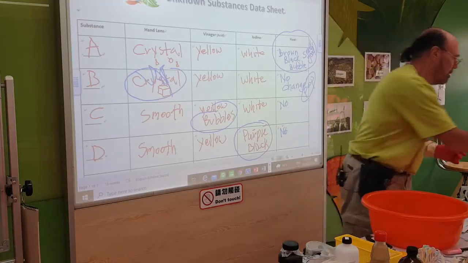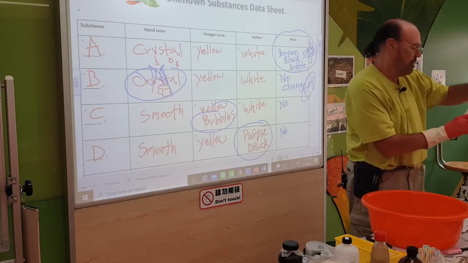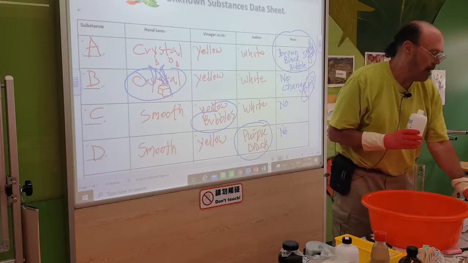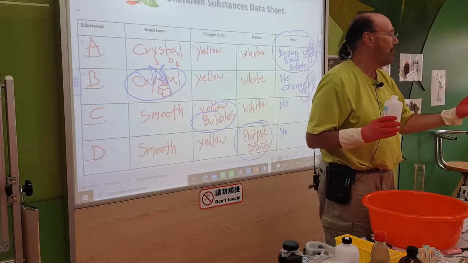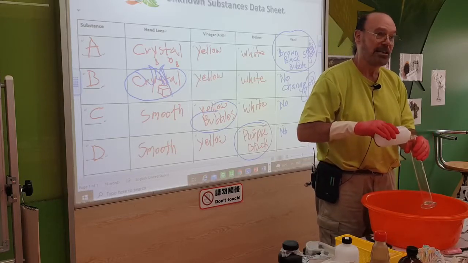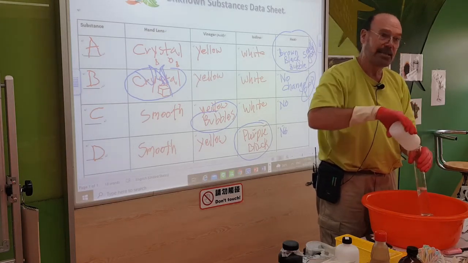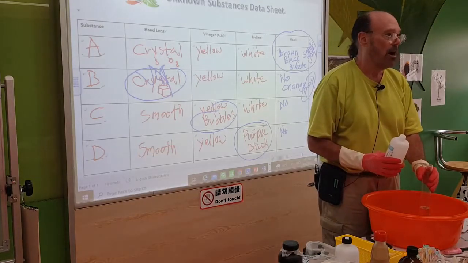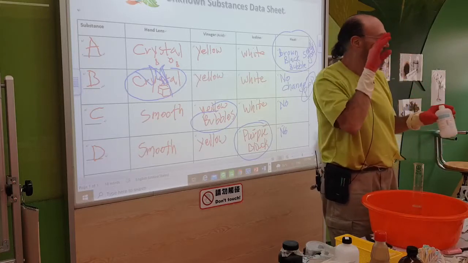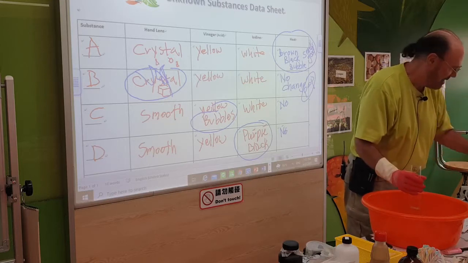So, I want to show you one more. Here, this is hydrogen peroxide. You know what hydrogen peroxide is? Beauty shops use it to color hair. They use 3%. I'm sorry, they use 6%. You can buy 3% in a store. But 6% beauty shop, twice as strong for the hair. This is science hydrogen peroxide. It's 35%. Very strong. So what I'm going to do is put some of this in here,